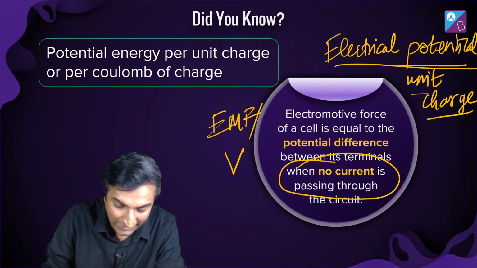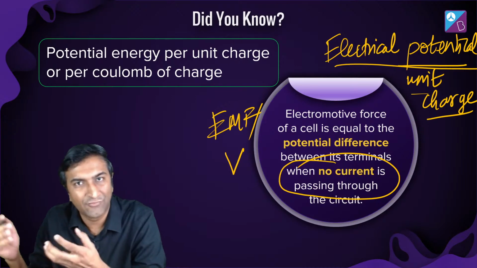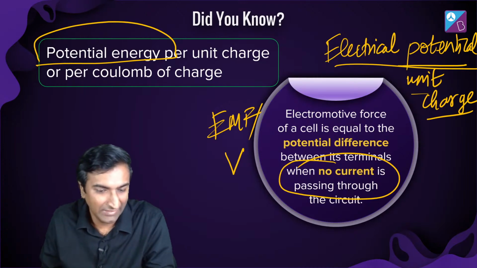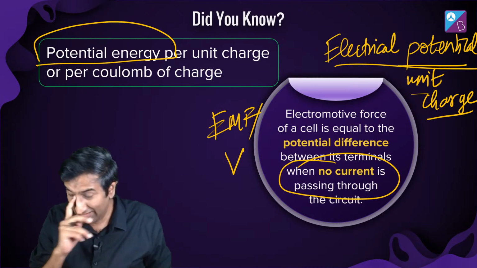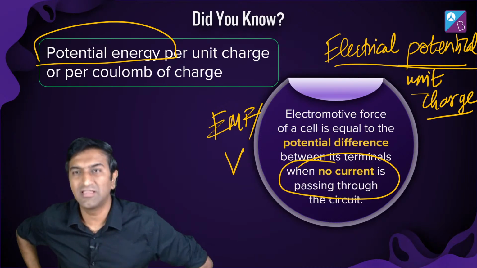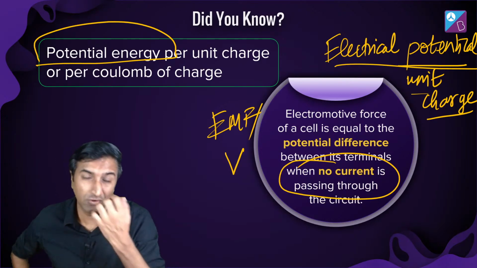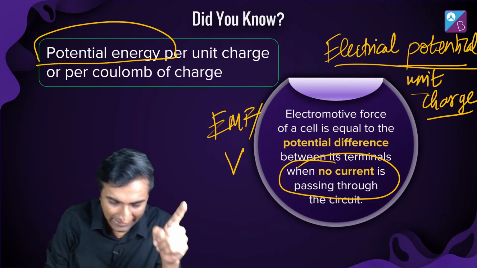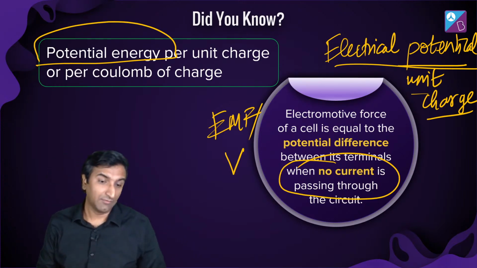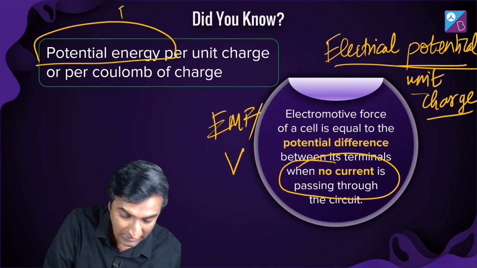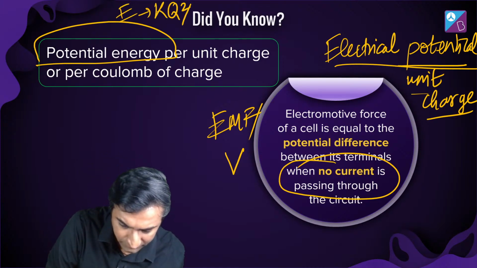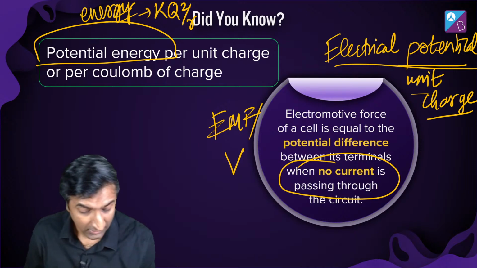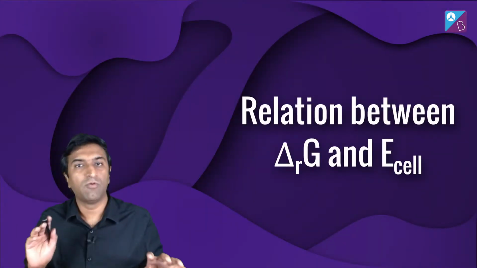Okay? It's basically the potential energy. I wrote E for energy. I know E stands for electric field in physics. My bad. I'm not a physics teacher. I meant potential energy per unit charge. Okay? V is KQ by R. Is V KQ by R or is it KQ square by R? KQ square by R is force. KQ square by R is energy. V is KQ by R. Correct. Thank you so much. I like the definition. KQ by R depends on charge, right? And energy is KQ square by R, right? Not E. Let's just write energy, because E is also electric potential in physics.